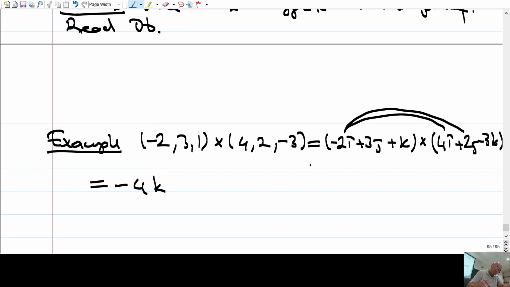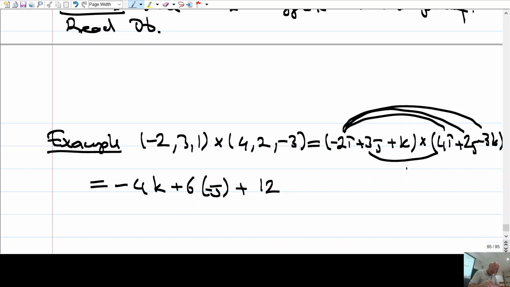And then I have this minus 2 times minus 3, so plus 6, i cross k. i cross k is minus j, and then this thing 12 j cross i is minus k, and then this is 0, forget that, and I have this one minus 9 j cross k, sorry, j cross k is just i,